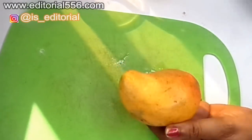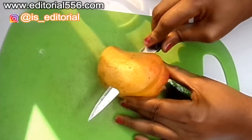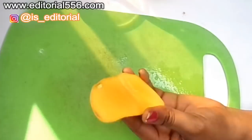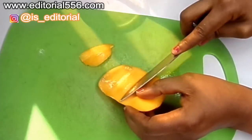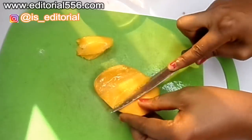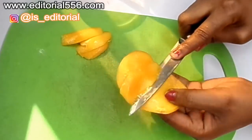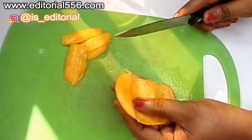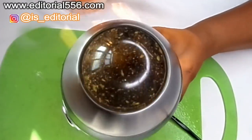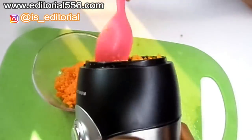So the next thing I'm going to prepare is going to be mango. So I'm going to cut a little portion of this mango. I'm going to remove the meat out of it. Alright, so it's properly blended, and now I would be